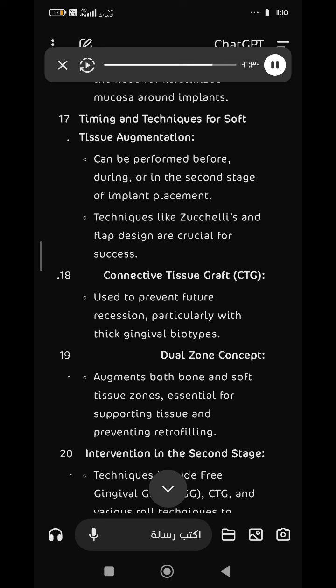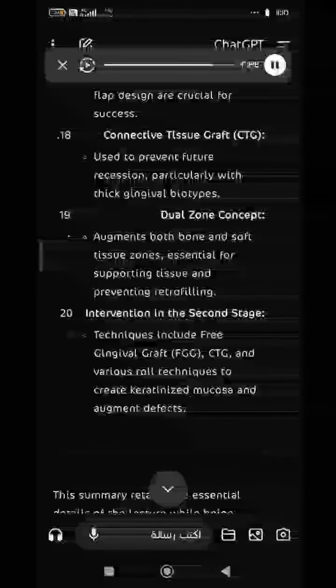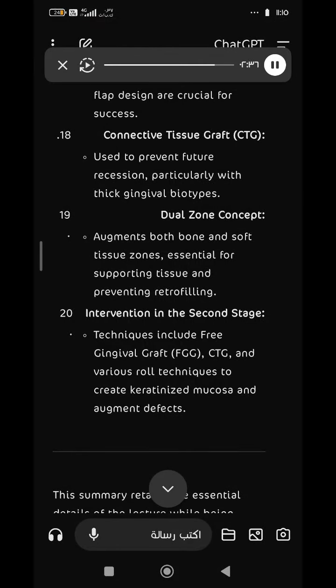18. Connective tissue graft, CTG, is used to prevent future recession, particularly with thick gingival biotypes. 19. The dual zone concept augments both bone and soft tissue zones, essential for supporting tissue and preventing recession. 20. Intervention in the second stage. Techniques include free gingival graft,